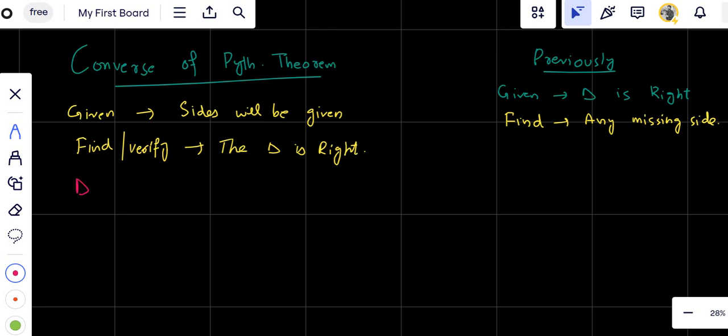Okay, the triangle is ABC. Firstly, the length AB is 10 centimeters, then AC is 23 centimeters, and BC is 6 centimeters. So now verify